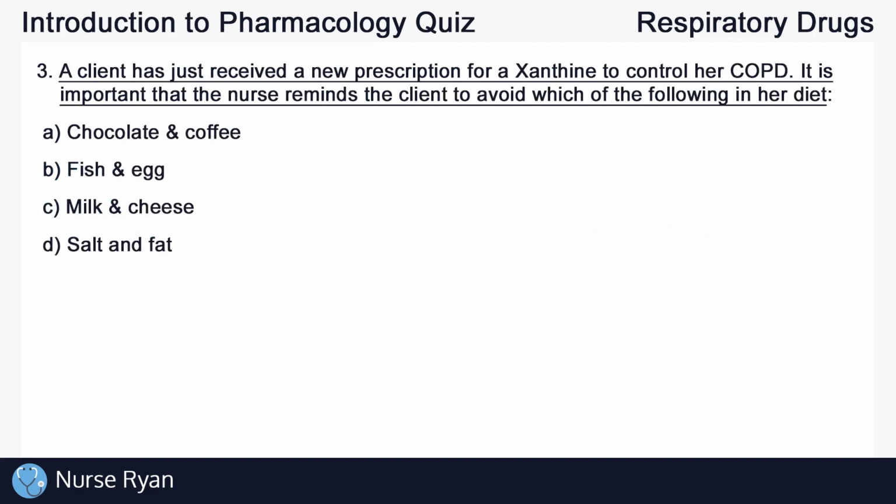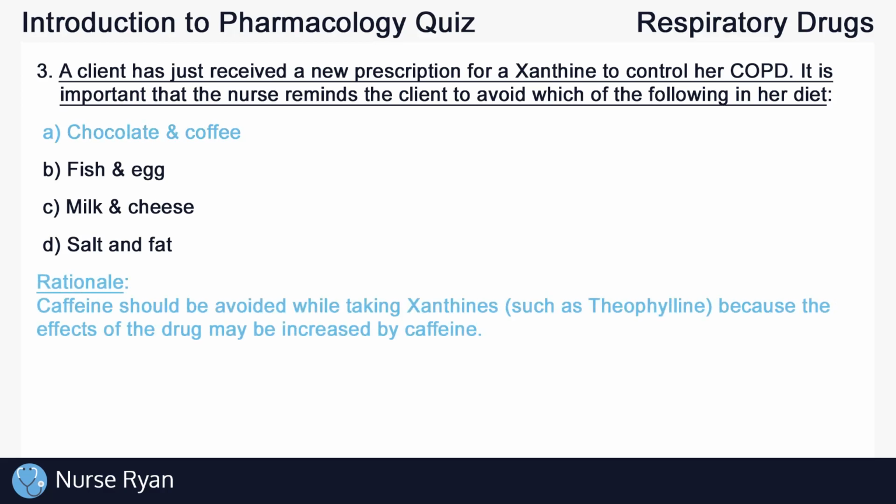Moving on to question number 3. A client just received a new prescription for a xanthine to control her COPD. It is important that the nurse reminds the client to avoid which of the following in her diet. And the answer here is A, chocolate and coffee. Caffeine should be avoided while taking xanthines, such as theophylline, because the effects of the drug may be increased by